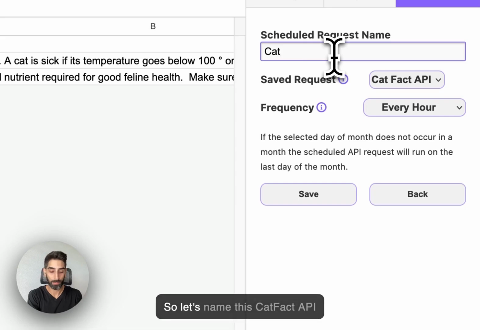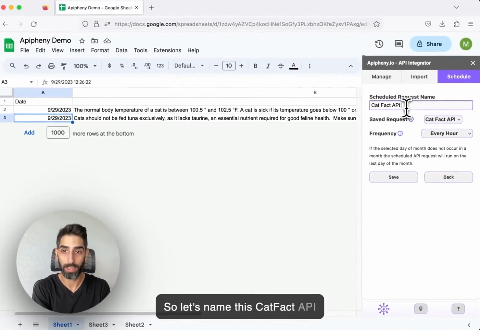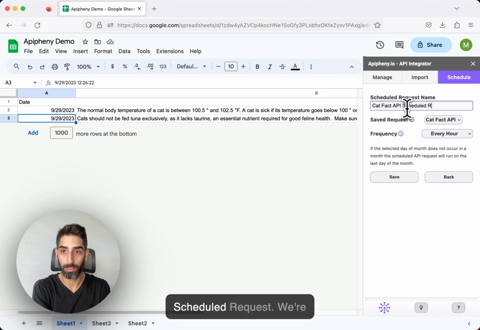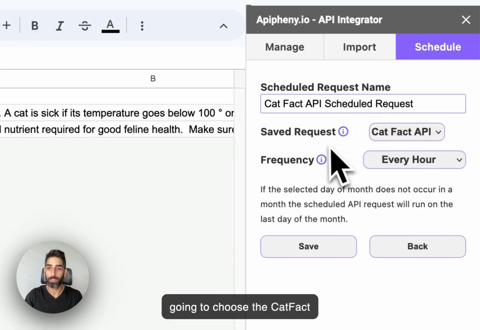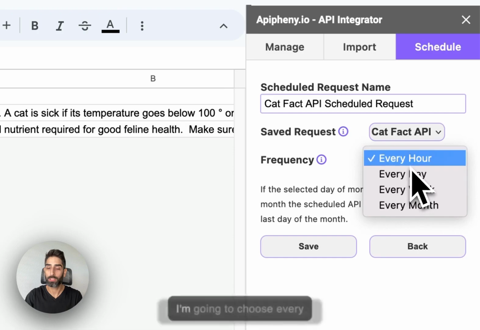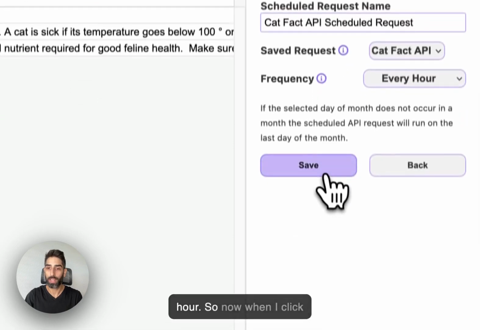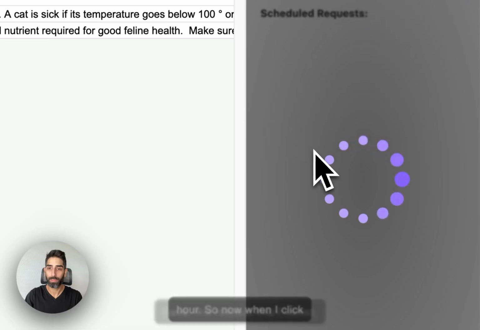So let's name this CatFact API scheduled request. We're going to choose the CatFact API that we saved in our Manage tab. And in this case, I'm going to choose every hour. So now when I click Save,